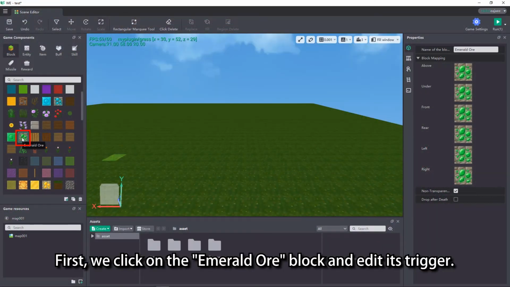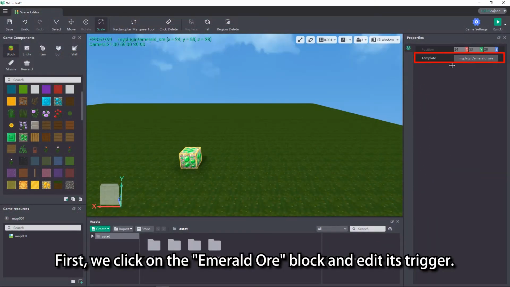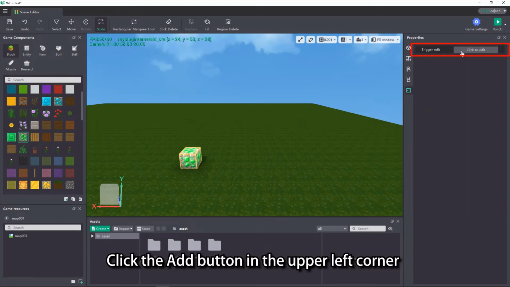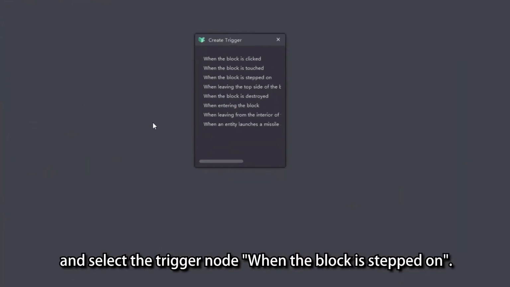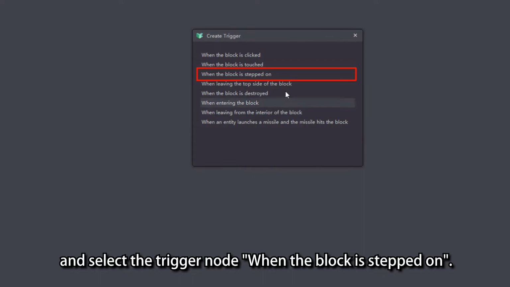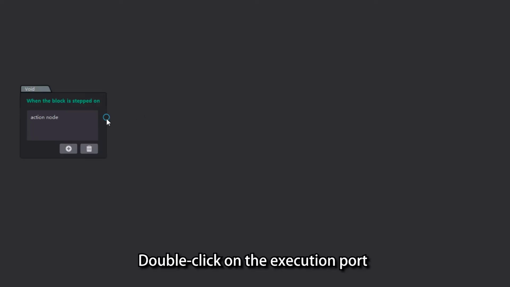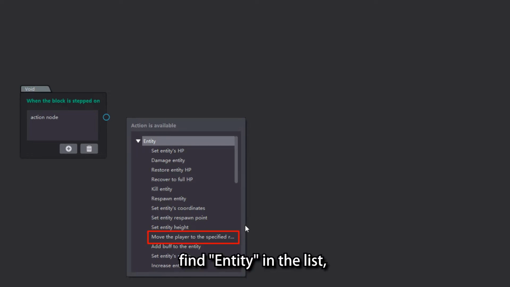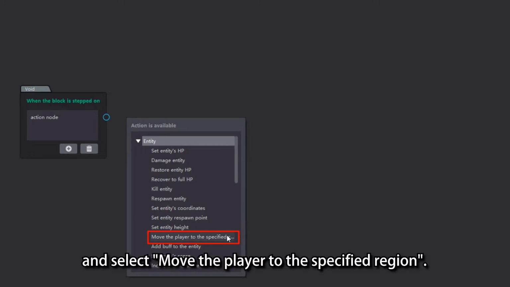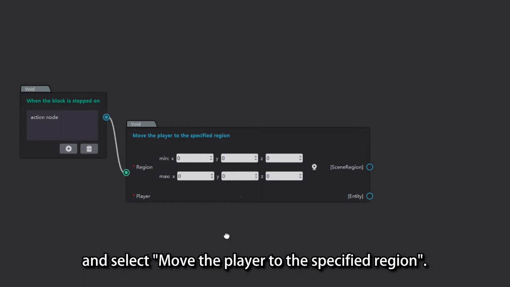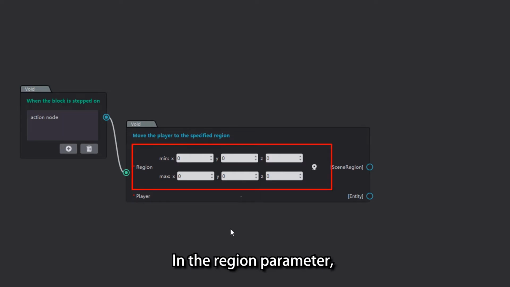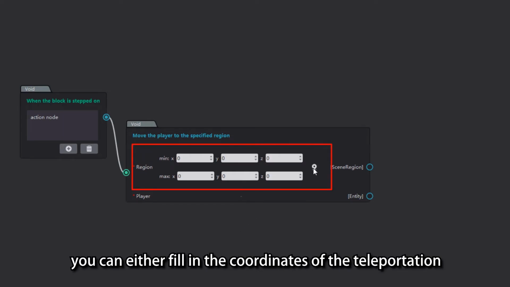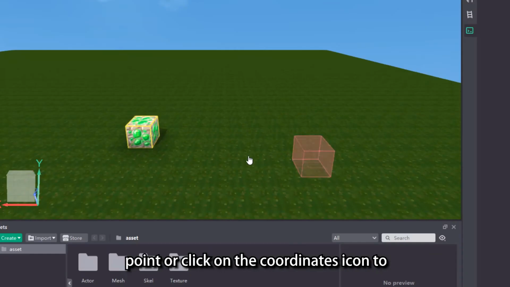First, we click on the emerald ore block and edit its trigger. Click the Add button in the upper left corner and select the trigger node "when the block is stepped on". Double-click on the execution port to open the action nodes list. Find Entity in the list, and select "Move the player to the specified region". In the region parameter, you can either fill in the coordinates of the teleportation point,